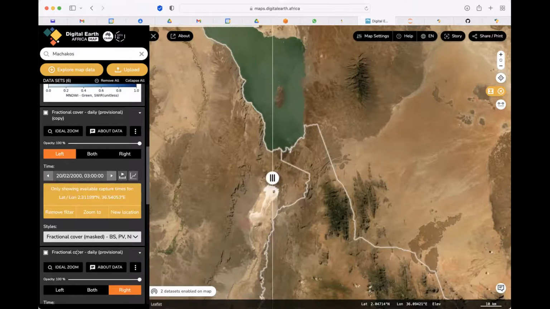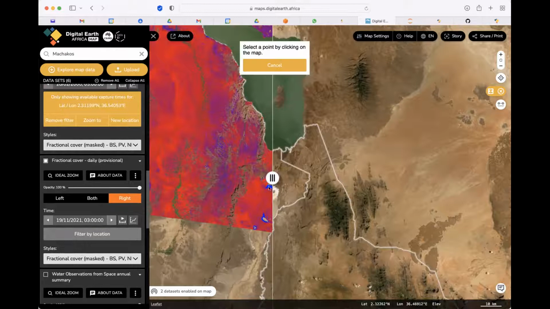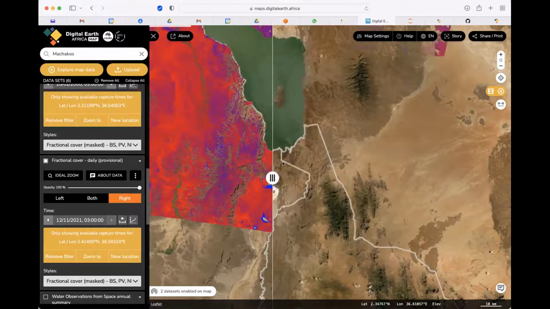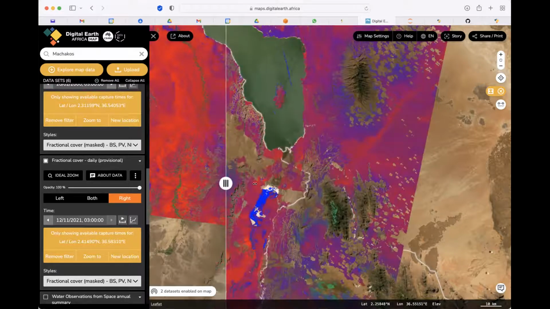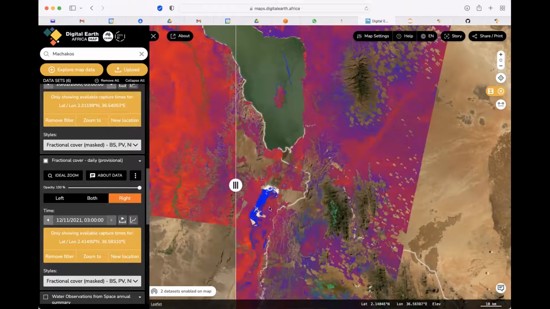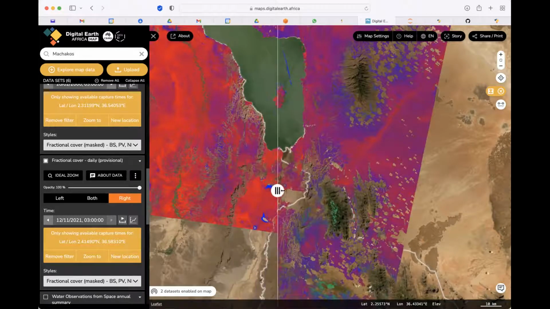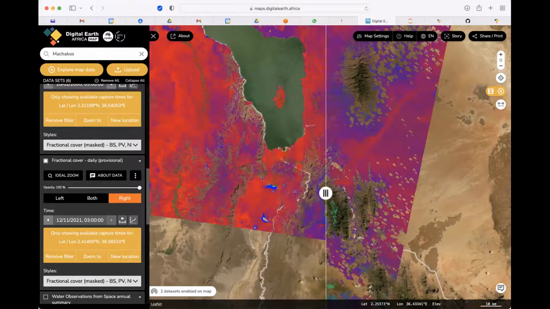When you make it a filter by location, it makes the loading a little bit faster because the fractional cover has been done by the Landsat tile series. So you can see there's quite some variability of water here on the left, and on the right, sometimes it even disappears completely and becomes red, which is like bare soil.